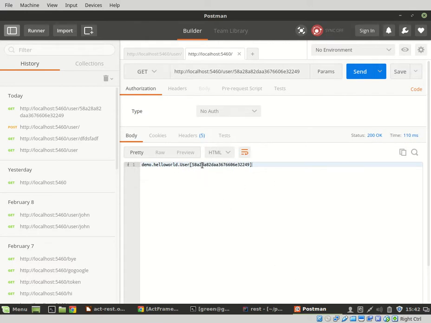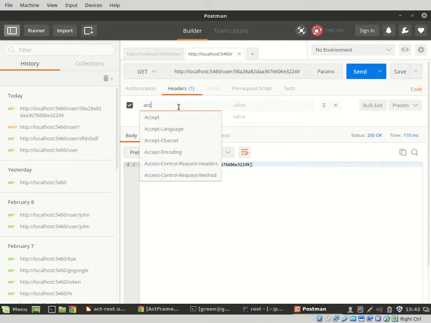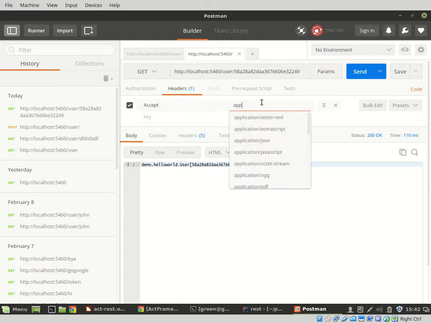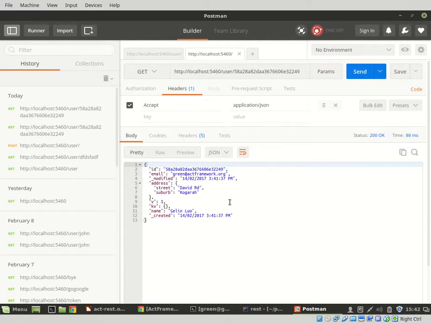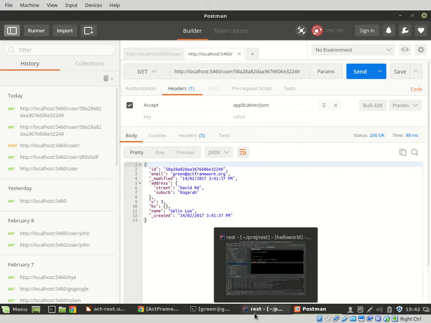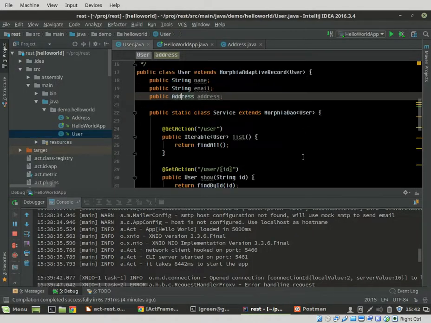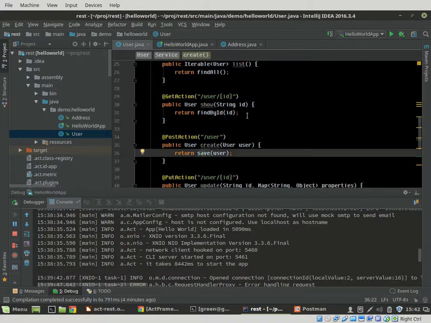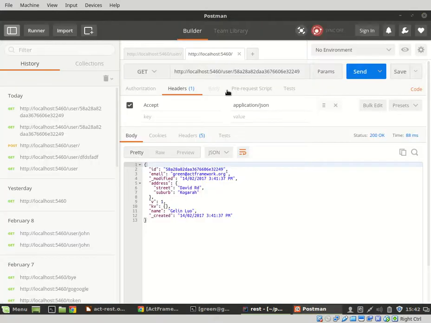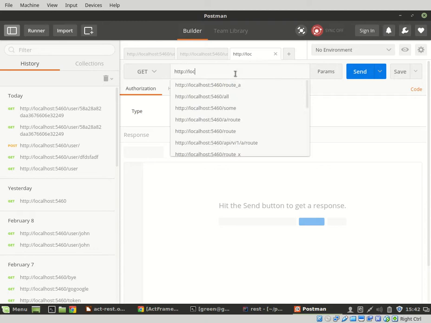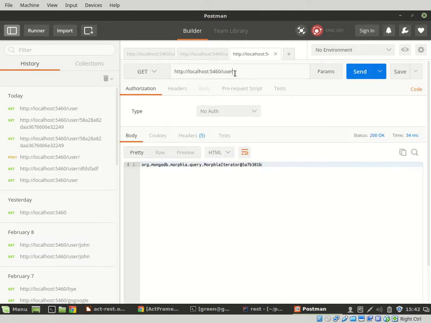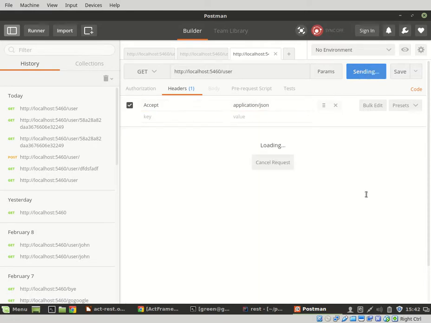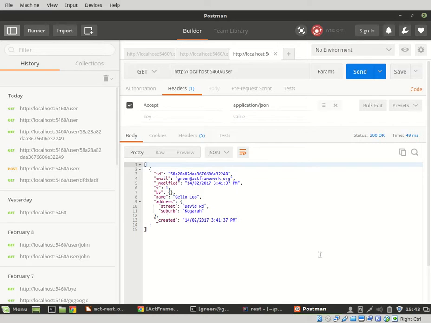Okay, now let's just use this one to get the user. Give me a user, and it just used toString. But if I set it to just accept application JSON and try again, it'll give me a JSON. Alright. Now we still have a create, we have show, and let's try the list. Just get all users. It'll give me an iterator. Again, I need to set my accept header as application JSON. Good. Give me the list of users,